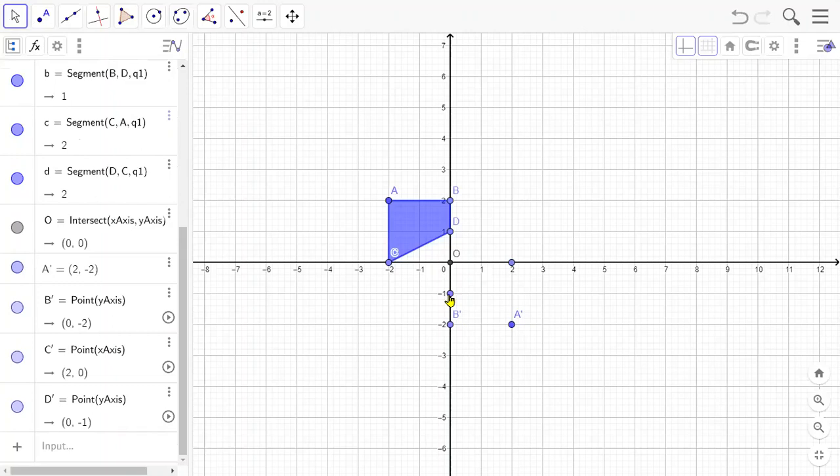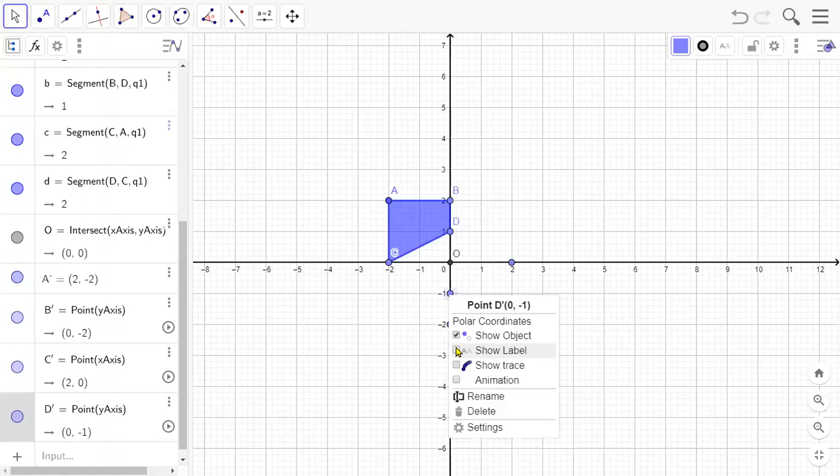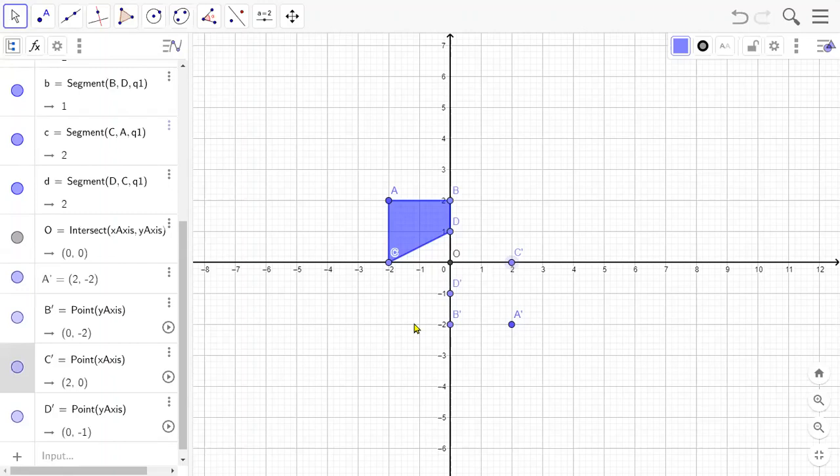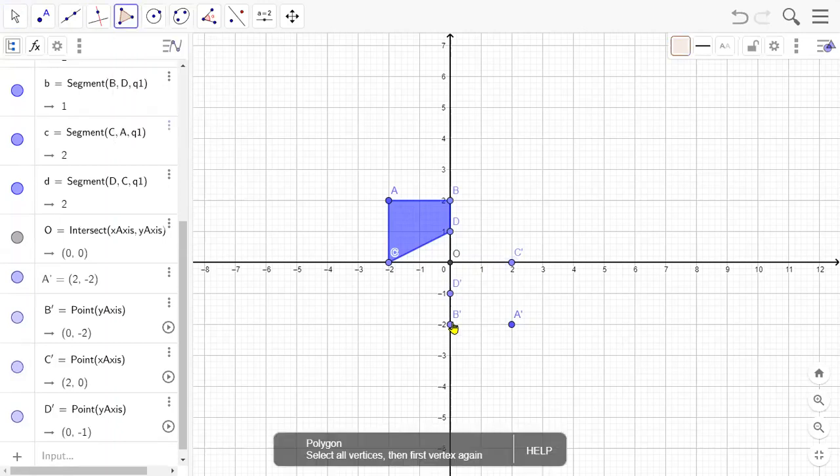Let's show its label. It is D dash and this is C dash. Here we have obtained the image points of the vertices A, B, C and D. The next step is connecting these points. Let me connect these image points A